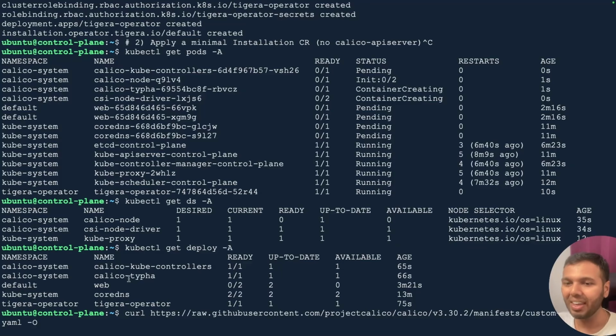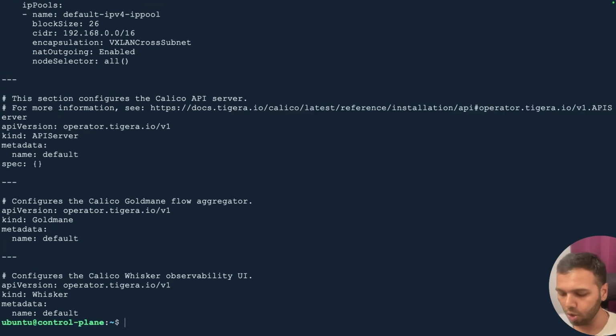We still have Calico Typha and CSI node driver. We don't need these things. Now based on discussions with Tigera, you can ask them how to remove them. You can either directly remove this deployment and daemon set, or you can ask them to give you an installation bundle or installation manual that will not include these. Now I could have done this in such a way that these were not installed, but that would have made things a lot more complex. Hence I will leave this to default,